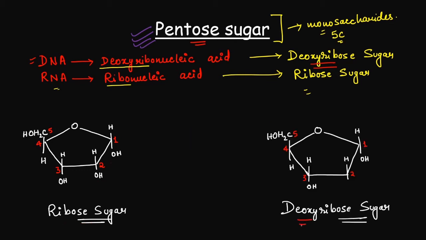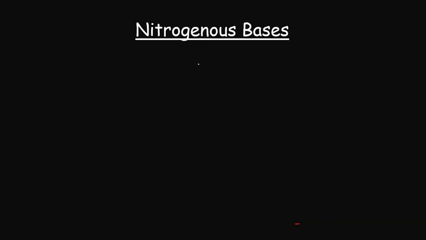So this is the structure of deoxyribose sugar, and the only difference between ribose and deoxyribose is the absence of the hydroxyl group at the second carbon in case of deoxyribose. So here only a hydrogen is present. Now the hydroxyl group is very prone to hydrolysis, and that is why RNA is less stable in comparison to DNA, because of this hydroxyl group on the second carbon of ribose sugar. Ribose sugar is present in RNA, and deoxyribose is present in DNA.